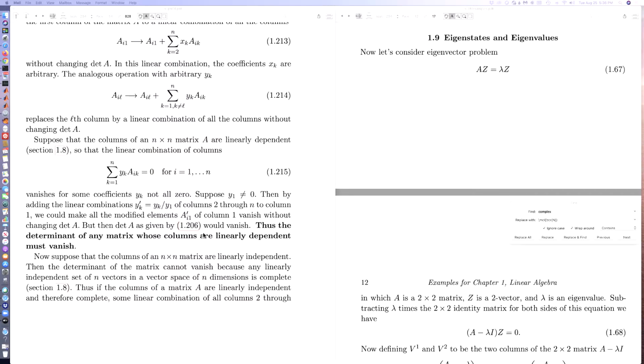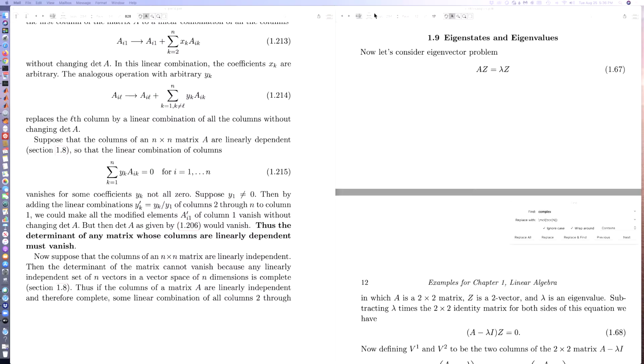And so that means that we won't change the determinant of a matrix if we add a multiple of column 2 to column 1, or a multiple of column 1 plus a different multiple of column 2, 3, plus a different multiple of column 4. We add all of those to column 1, and in that way we've got a, let me see,